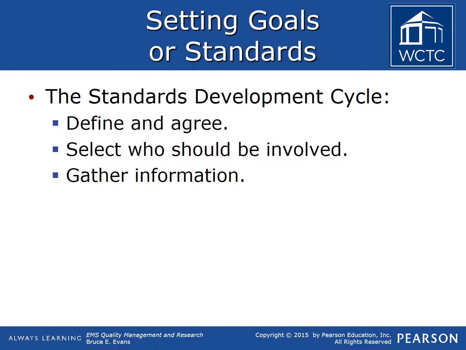Third, the working group should gather information about the topic under review and other resources that can help define the key elements that should be included in the goal or standard. If similar standards already exist, there may be no need to reinvent the wheel, so to speak. The group should be aware of any laws or regulations that would govern the topic. If there are best practices available related to the goal or standard, the group would benefit from knowing those as well. Fourth, draft the goal or standard.